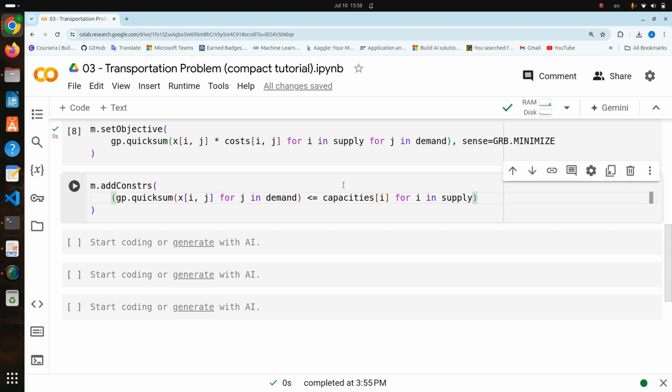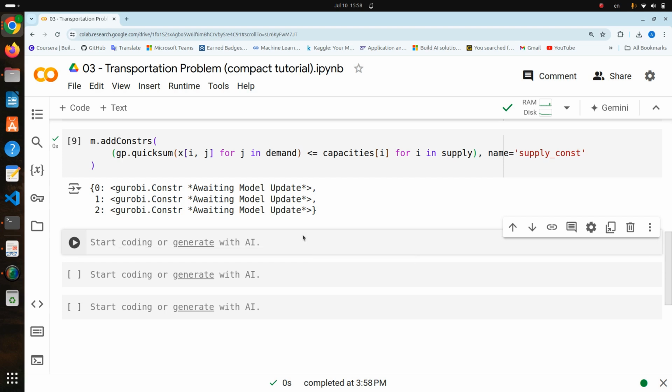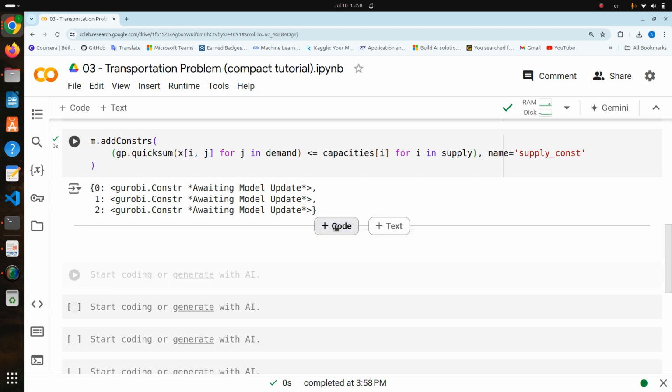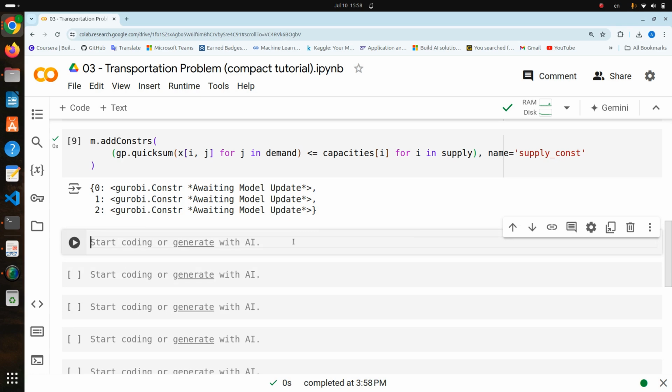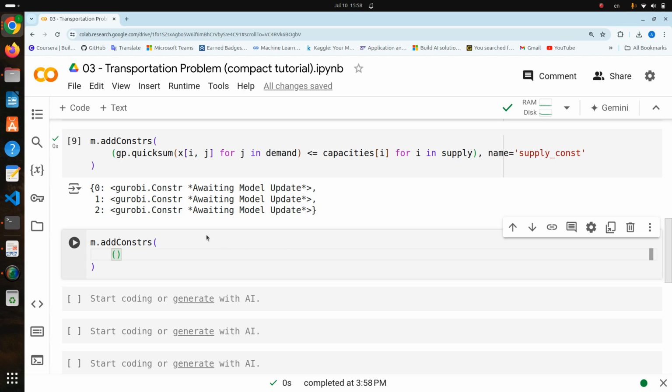And I can also give it a name. Let's say supply constraint. Okay, we have added the first set of constraints. Now I will add the second set of constraints, which is for the demand. It's exactly the same process, but we will flip the indexes. addConstrs, yes, hopefully it's correct. And I will open other parentheses. I will say